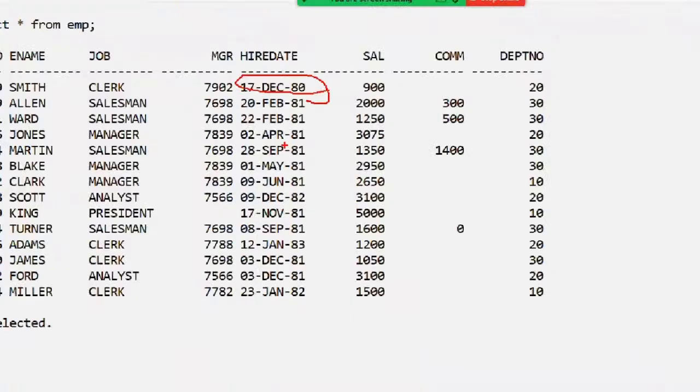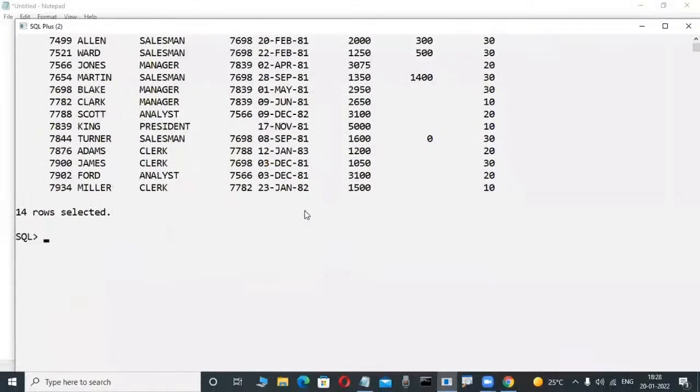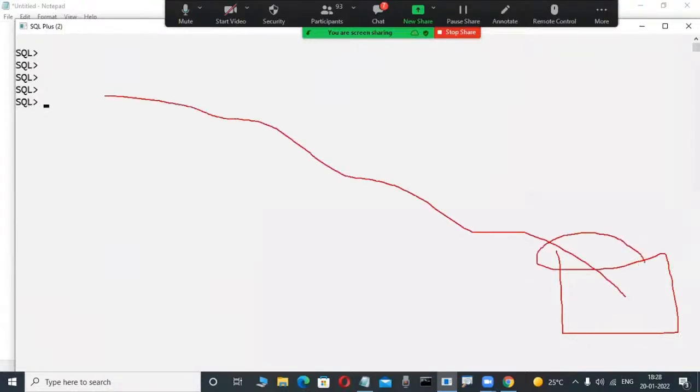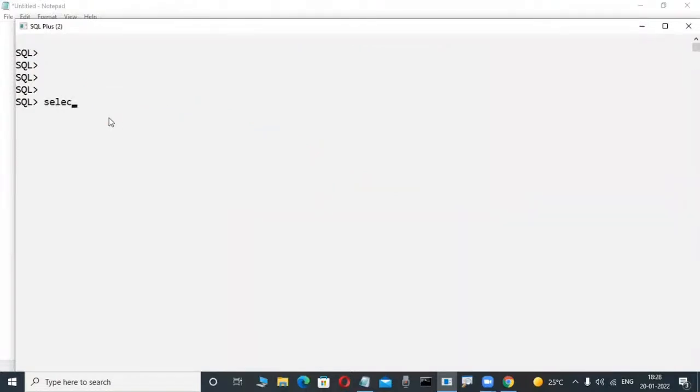I want those employees' details in my project. If you are a SQL programmer, somewhere data is there. How do you fetch this data? You write queries. Observe here: select star from table name where hire date is less than or equal to, say, 1st January,